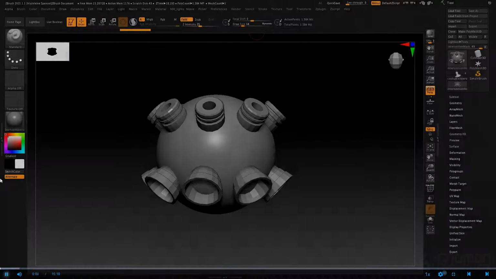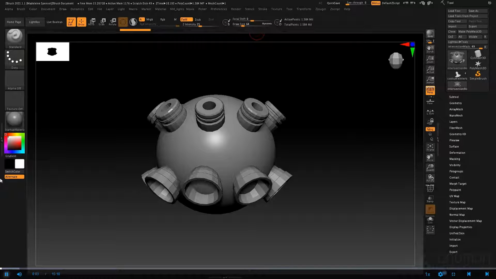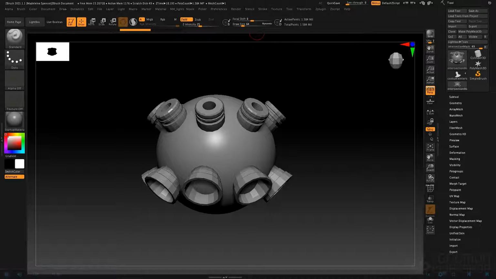Let's talk about Intersection Masker. Intersection Masker is a plugin that was introduced a few versions ago in ZBrush. And what it does is it takes a single subtool and it will mask where two separate meshes intersect in